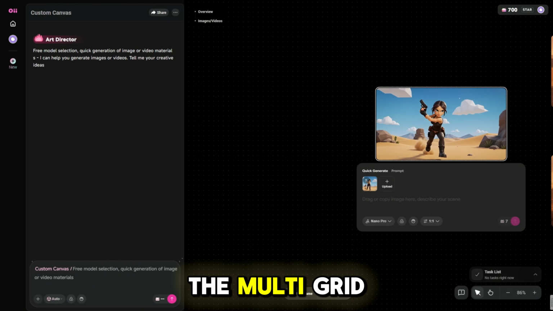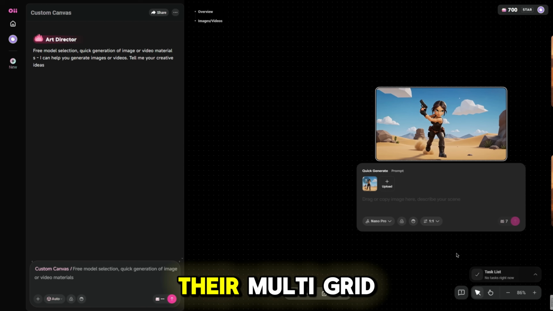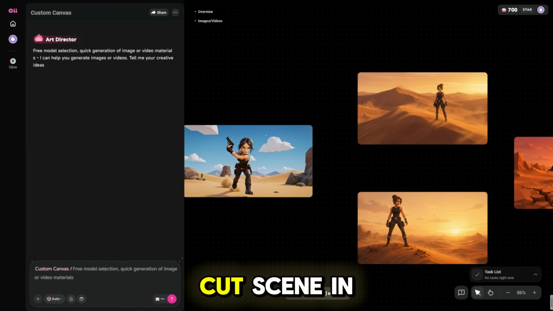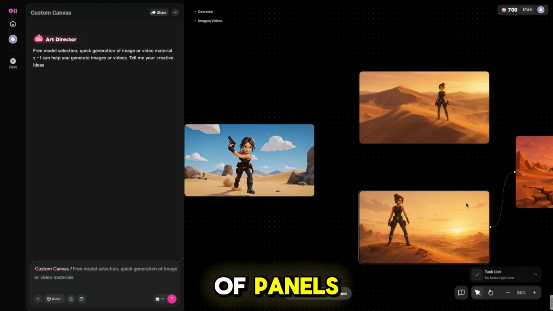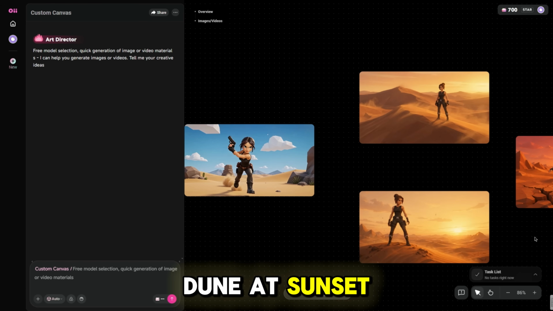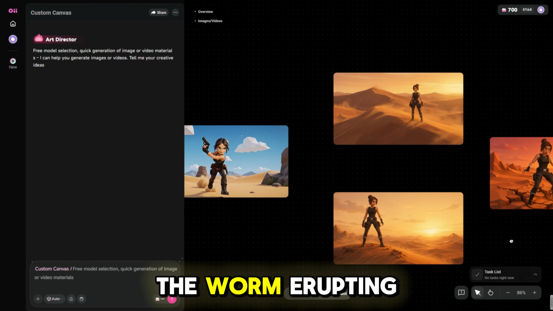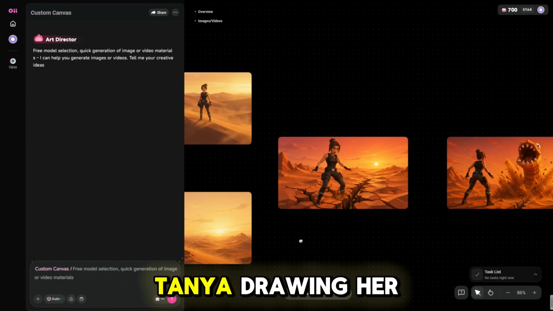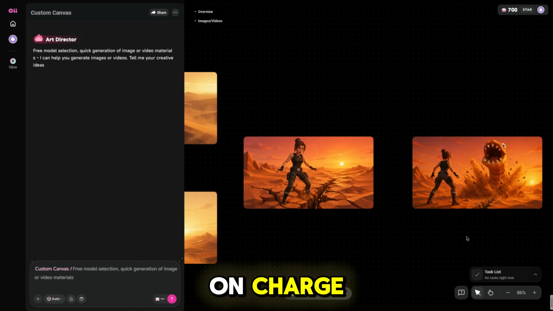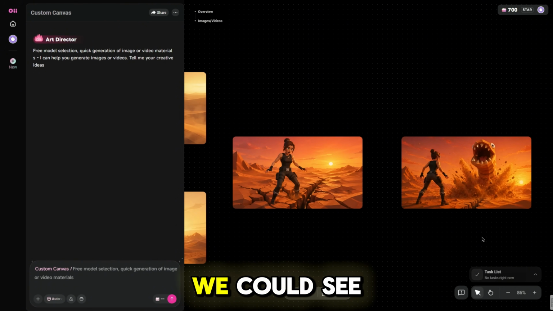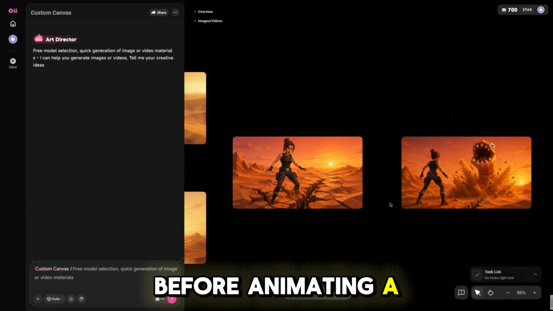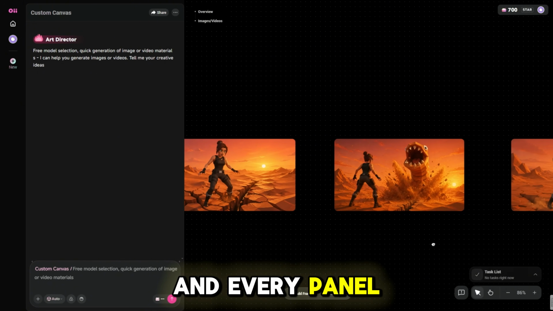Next, we opened the multi-grid storyboard master. Their multi-grid template put our whole cutscene in front of us as a board of panels. Tanya on the dune at sunset, the ground cracking, the worm erupting through the sand, Tanya drawing her weapon, the head-on charge, the explosion. We could see the whole flow before animating a single frame, and every panel already had